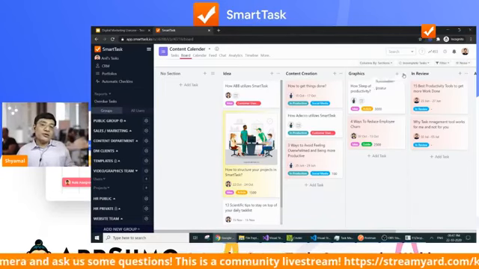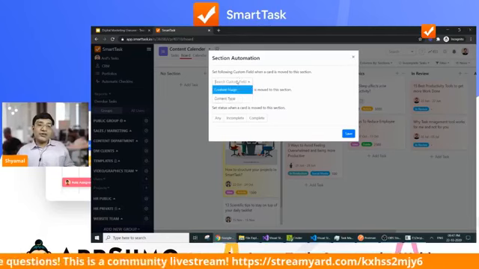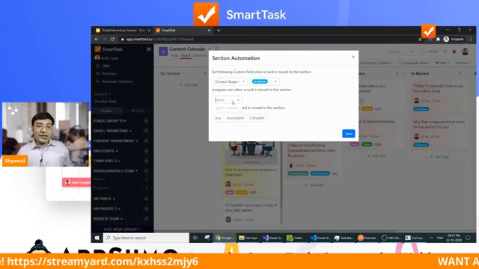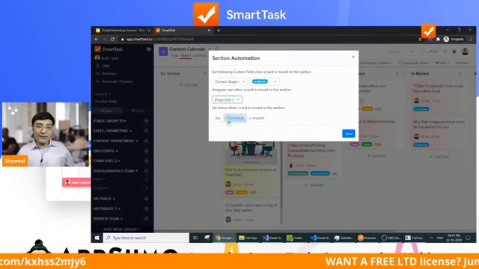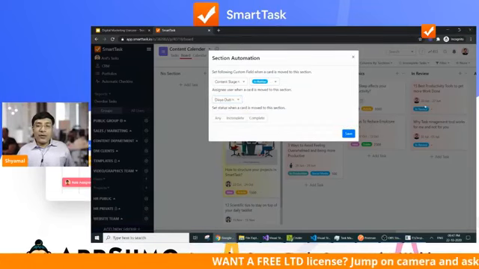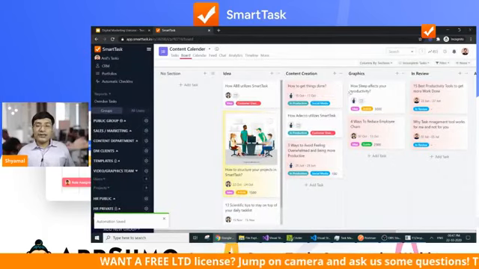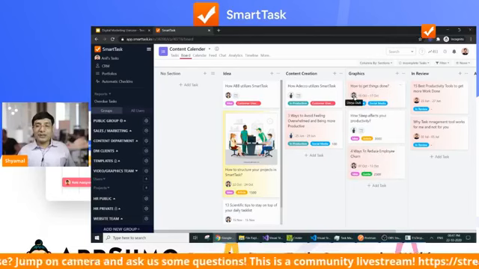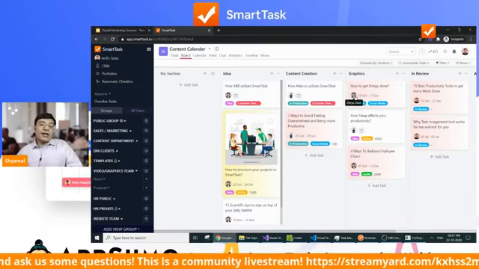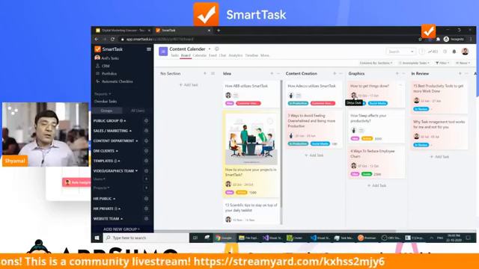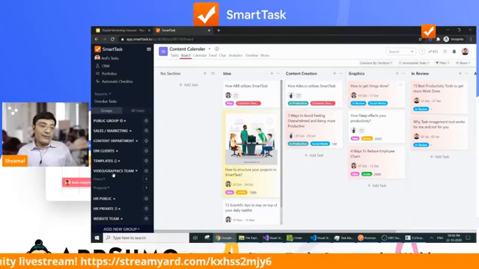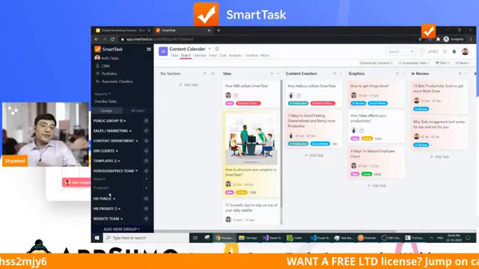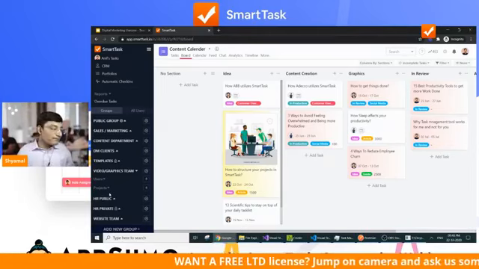You can set some automations here. So I will just click on the automation. You can say, okay, I want to modify the content stage to in the review, for example, and you want it to be assigned to the graphics designer. And that's it. So when you move your task to the graphics stage, check out what happens to the assignee. It changes automatically, right? So it goes directly to your graphics team, and then they can take over. Now, this is just an example. You can similarly create your graphics team's workspace where all of these tasks will be reflected in the graphics team.